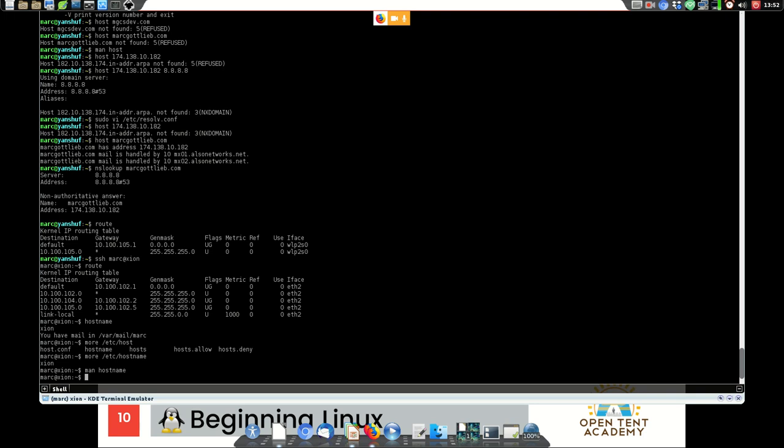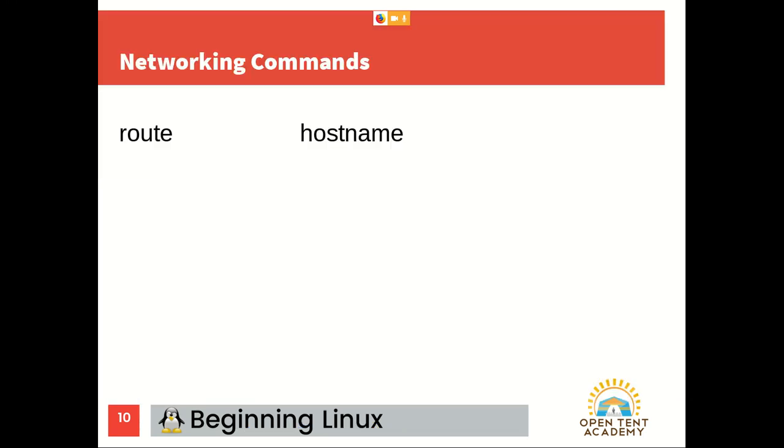Let's say you were silly and you just set them all to the date timestamp, and you're threading your way through different servers trying to figure out what's what, and you have no idea what server you're on. Type in hostname and bang, it gives it to you right then and there on the command line. So you figure that you're on the wrong server, and that's why you can't find anything, so you back out of it and you go to where you need to go. Okay? Alright.